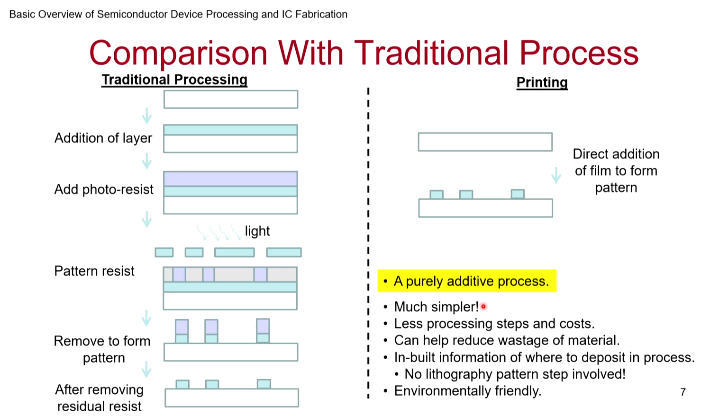Maybe it's possible for printing to do. It's not that the other process doesn't want to do it. Maybe it's not possible to do in the other case. So printing is a simpler process, with fewer processing steps, and hence it can be potentially very cheap, assuming you are able to get the materials, the inks and all that, to behave the way you want. It helps wastage because it's not that you dump something and then you clean. It's not as though you dump dust in your room and then you clean it. You don't dump dust in your room in the first place to keep it clean. That's the way to do, right? So you have less wastage here. There's no question of runoff and all that. It will be much less, at least.